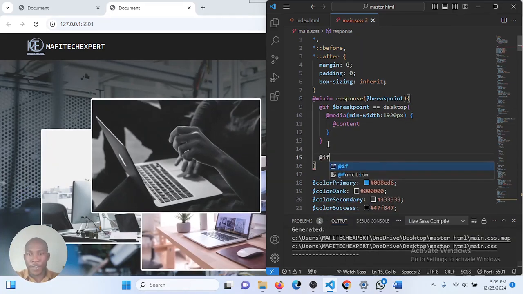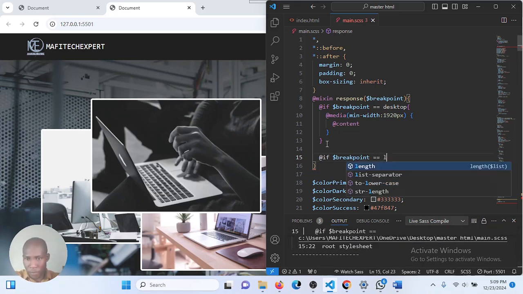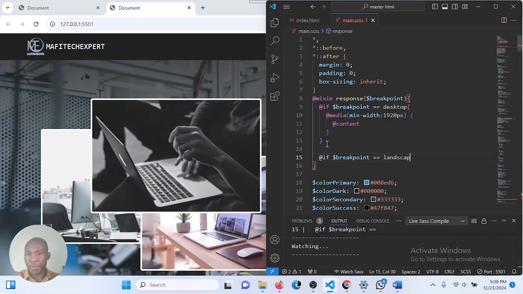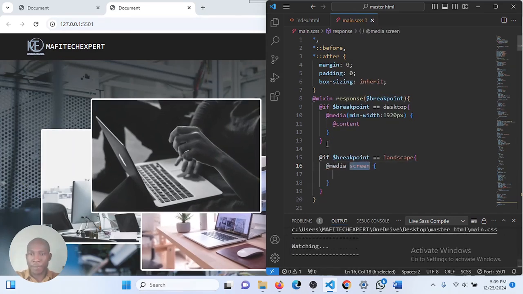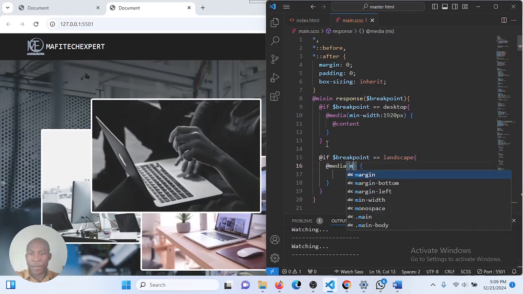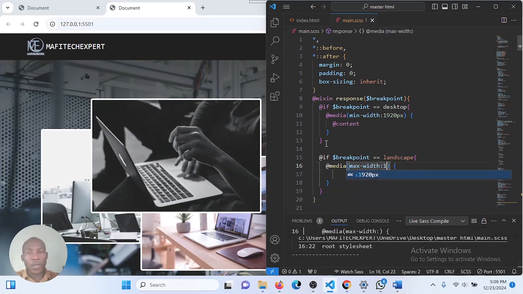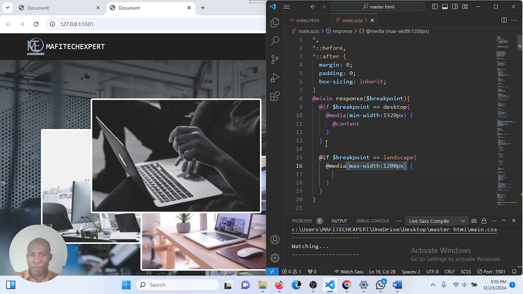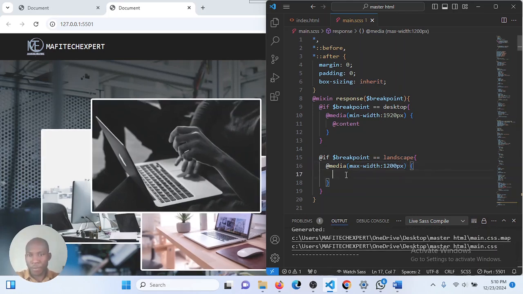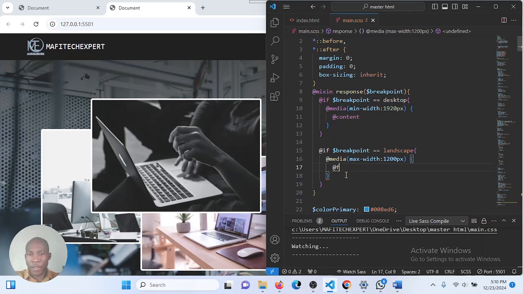Then we now say if our breakpoint is equal to landscape, at media, max width is equal to 1200 pixel. At content